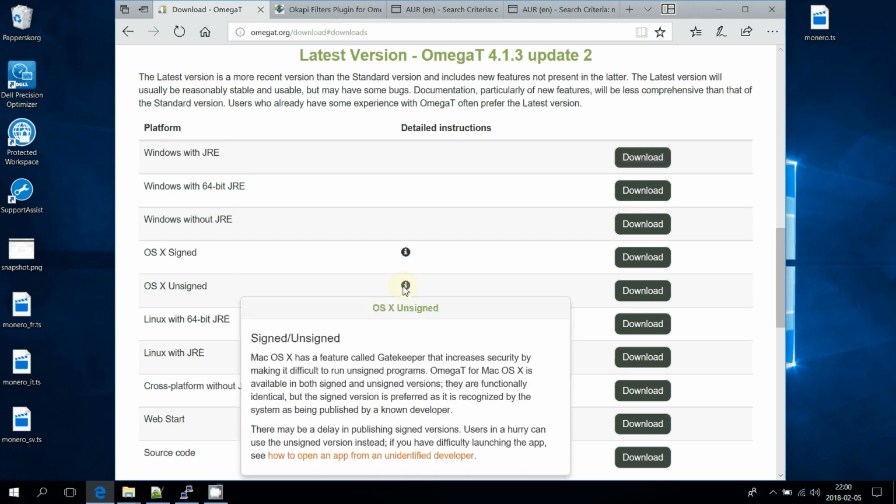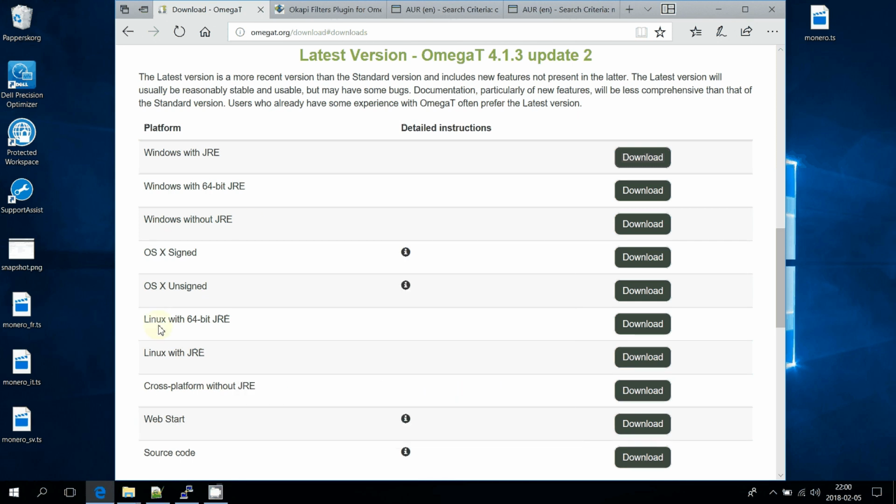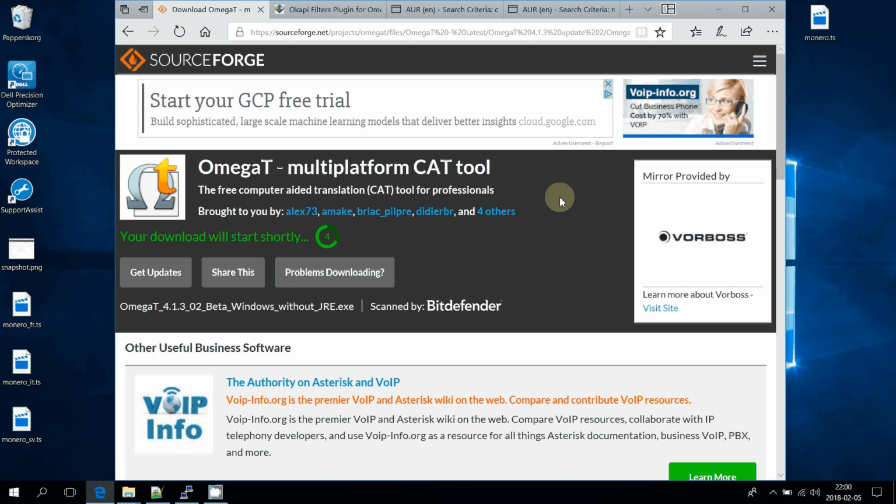I mean, there's some information about OS X here. I don't use that personally, so I don't know what it is. And as you can see, there's Linux and cross-platform. I will show you in a moment something about Linux as well, so we can get back to that later. So in our case now, let's go for the Windows without JRE. And as you can see, it takes us to